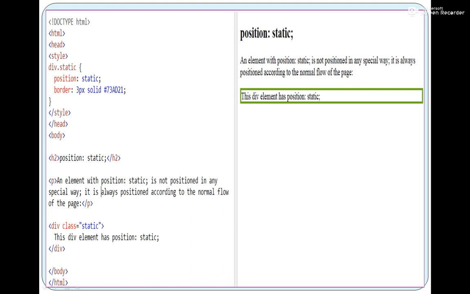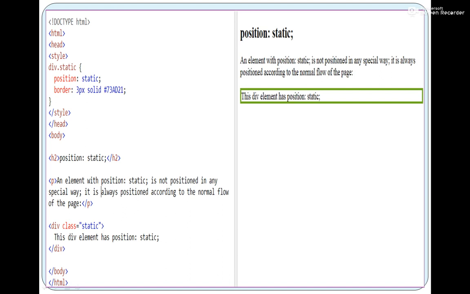So here we are using a class. Remember students, if you are using a class selector, then in the selector of the CSS syntax there should be a period. Agree? Means dot is the class and static is the name of that class. That is why while calling it here, it is division, space, class equal to static.